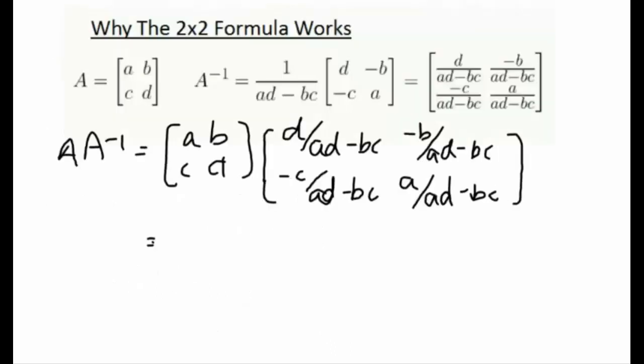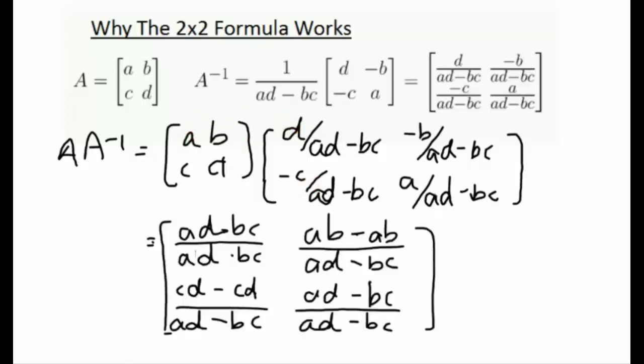The nice thing about the 2x2 formula is I can at least motivate why it has to work. So what we can do is take our matrix A and our matrix A inverse. All I've done over here is take this fraction and multiply it through to each of the entries inside of A inverse. And if we were to calculate the product of A and A inverse, we could write it as the following. And then we use matrix multiplication to distribute our numbers through. I've done a little bit of simplification, but these are the values that we get